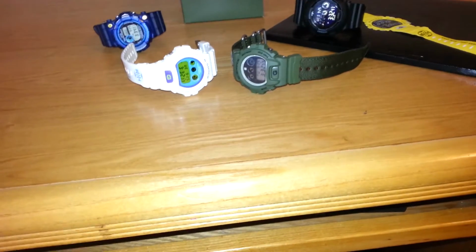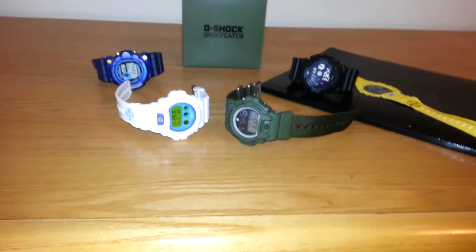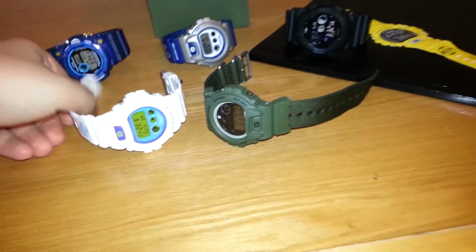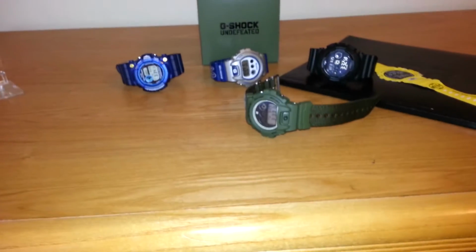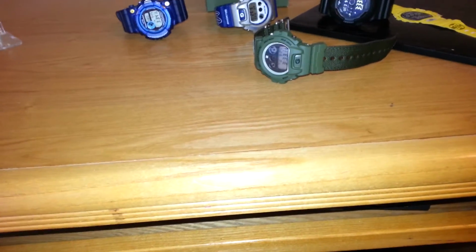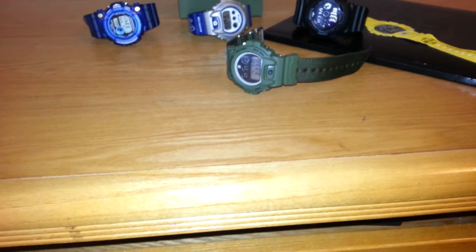At Shock the World, G-Shock is trying to go into the luxury market. Once they hit the luxury market, I'm not going to say collectability will go down, but the markup will, especially on a Rangeman at 520 bucks. It has a lot of features, don't get me wrong, but